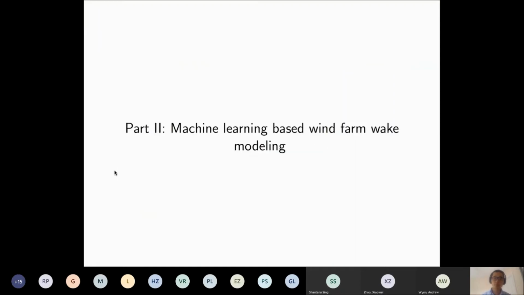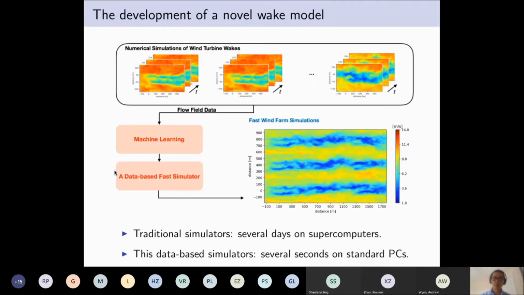Then we'll move to the second part, which is the machine learning based wind farm wake modeling. This is the main flow chart of this part of work. The main idea is that at first we generate a set of large eddy simulation data with turbines operating in different conditions with different yaw angles and different inflow velocities.